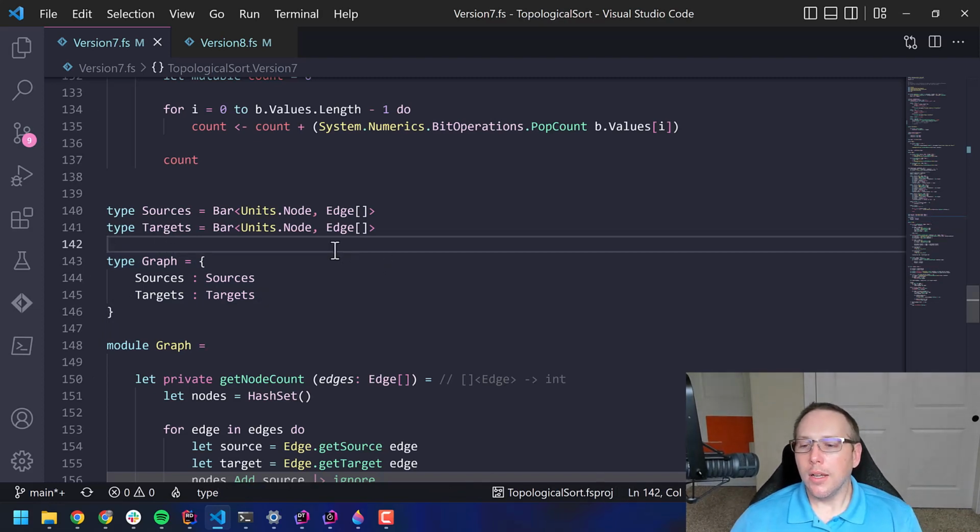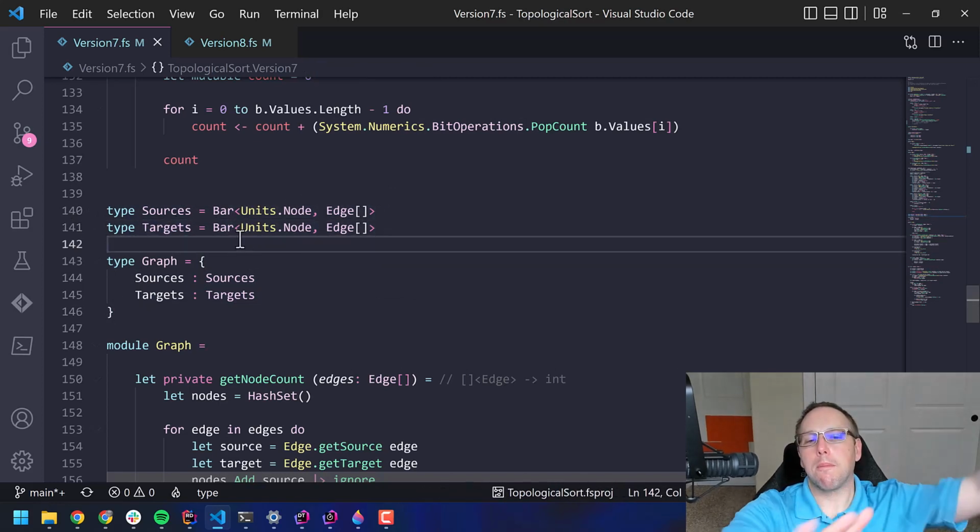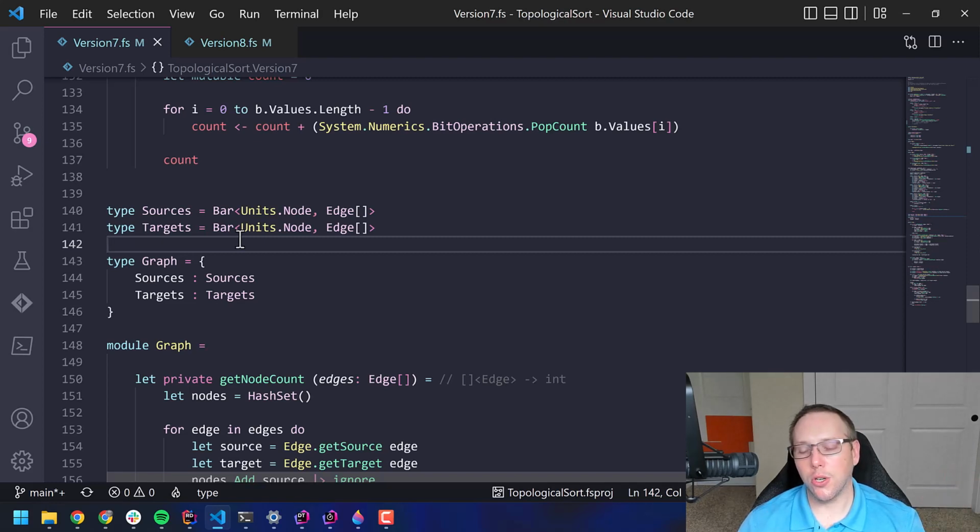So the graph type is made up of sources and targets. Sources and targets are both bars. Now remember, I like units of measure a lot, and if you want to go fast, you want to use raw arrays, but just using raw integers for indexing into your array, that's fantastic, and that's as fast as you can go, but it's very easy for me, maybe not for you, to get confused